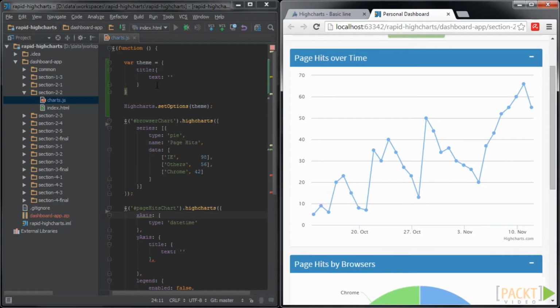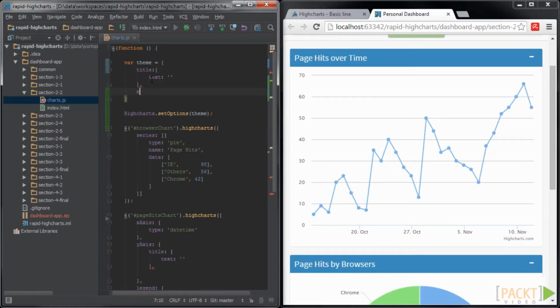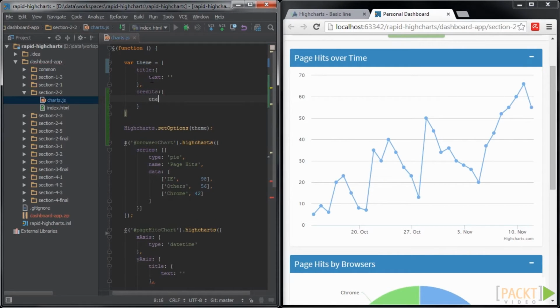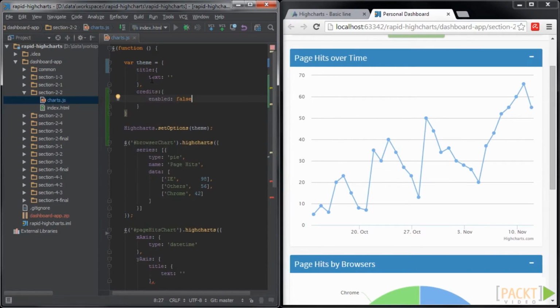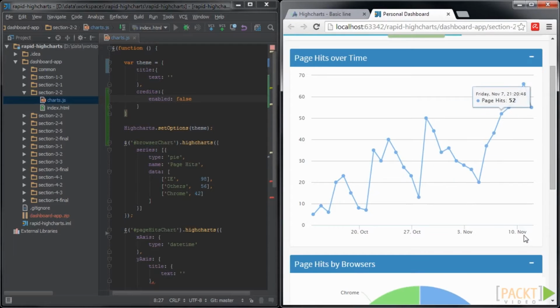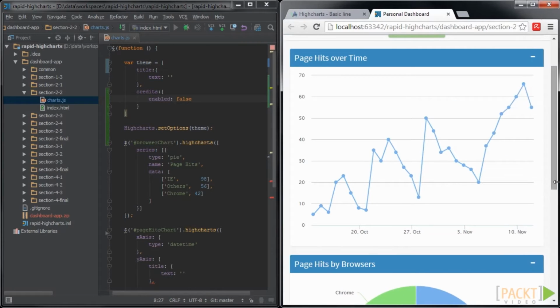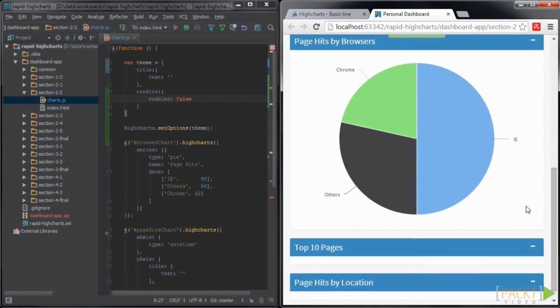To do this, we add the credits configuration to our theme and set it to disabled by setting the enabled parameter to false. This is just an example. In your own projects, feel free to keep the credit link as a courtesy to the Highcharts developers. If we look at our dashboard again, we see that the link has gone from both our charts, proving that